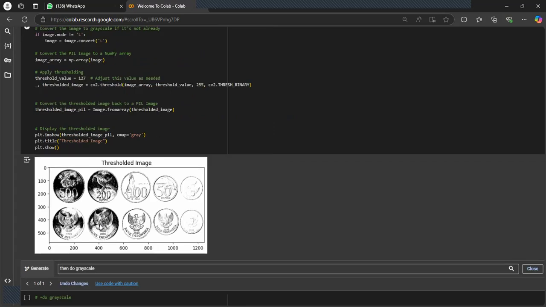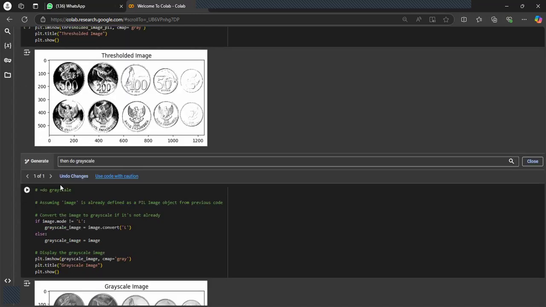Noise detection is also important so that noise does not really appear in the background of your coin itself. So it has to appear as two different sections, black and white.